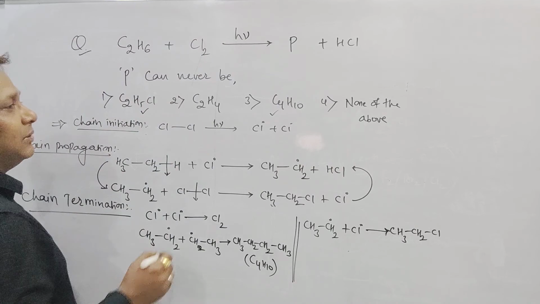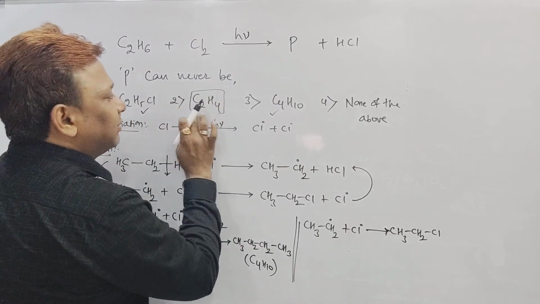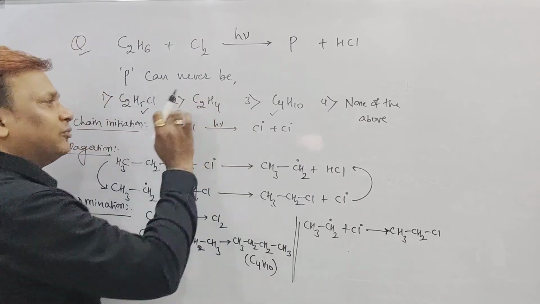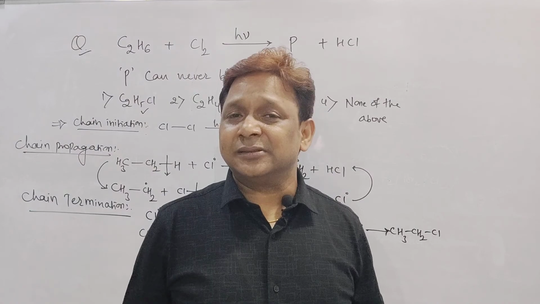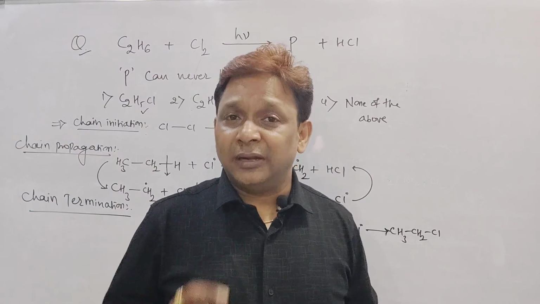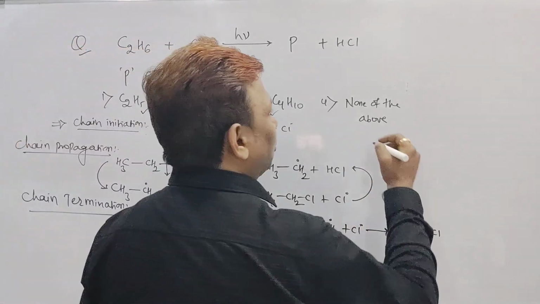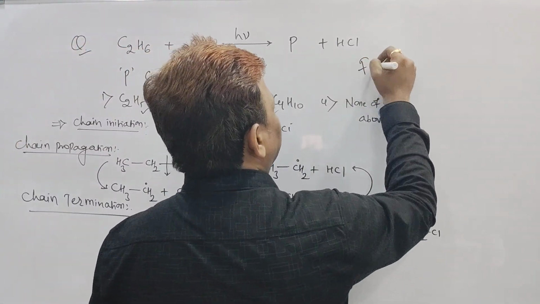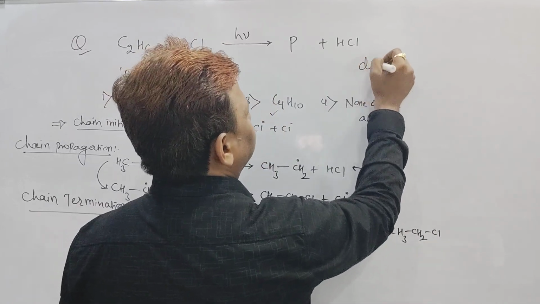Yes, sir. But now everyone will think about this one, sir, as the answer. But I will say no, beta. This is also one of the products that will be obtained, because in free radical mechanism, this is the most important reaction: a disproportionation reaction will occur in the free radical mechanism. I'll write here, beta: in free radical, disproportionation is the important reaction that will take place.